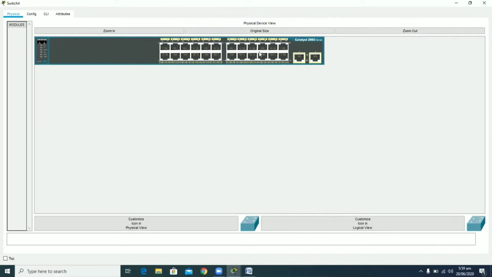There are 24 fast Ethernet ports ranging from fast Ethernet 0/1 till fast Ethernet 0/24. On the 2960 switch there are also 2 gigabit Ethernet ports available to you. These are two of them, and on these ports you can also attach fiber optic cables.